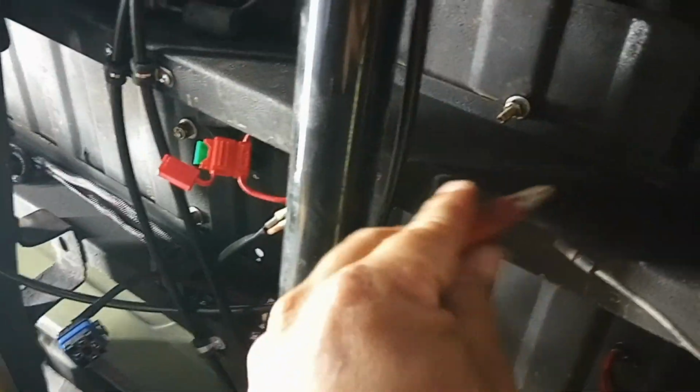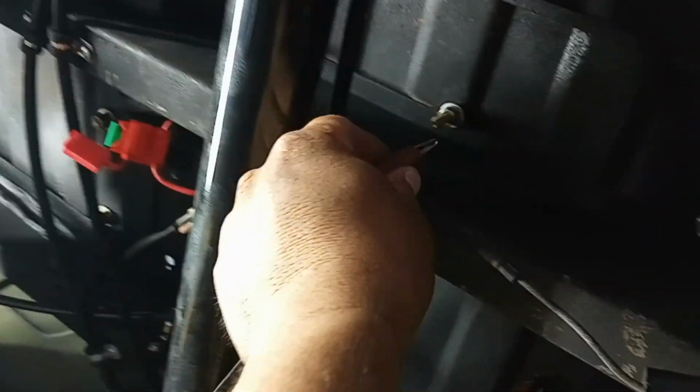So I'm gonna turn this around, and I'm gonna be 100% honest with you guys of what I think I did, so you guys don't do it. So let's go down there and check it out. So let me show you what I mean. So we got our tester light. I had it hooked up here to this ground like that,